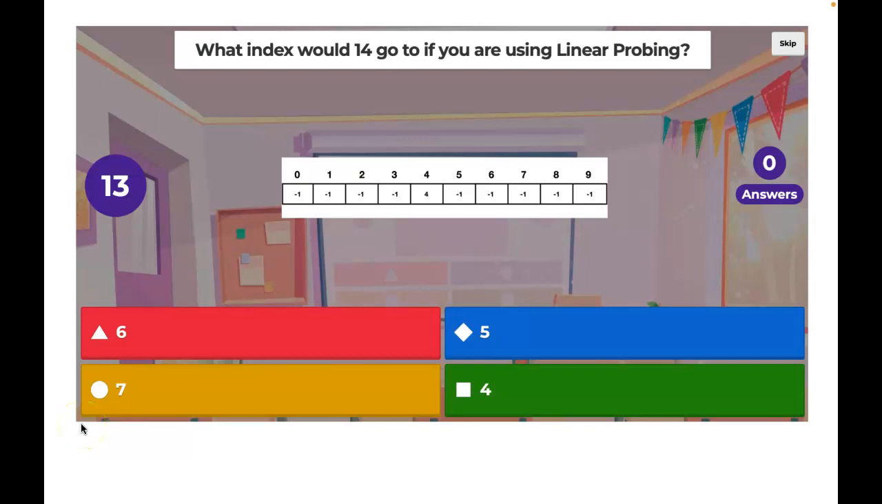So the question here is asking what index would 14 go to if you are using linear probing? And so it's very similar to the question before, with the same hash table as well. However, we are using a different method, which is linear probing. So what we know about linear probing is that it is hash x